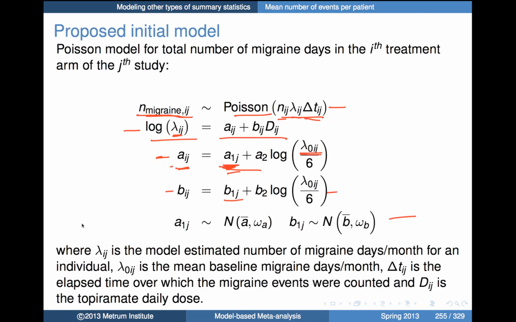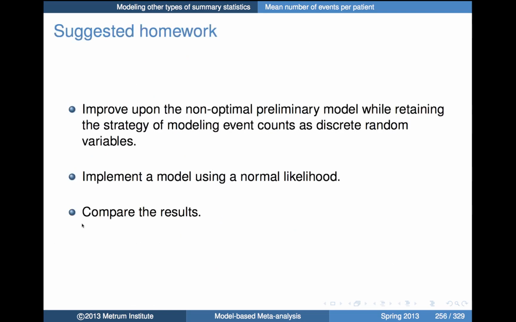Anyway, that's a direction I might entertain: to look at this using a normal distribution to describe something like migraine days per month. Since that has to always be non-negative, you could look at that directly, since it's a mean, and if you wanted to use the central limit theorem as the basis for the argument, you'd apply the normal directly to that, as opposed to some transformation on that. That would be worth a shot. You'd have to make some variations on the model structure. You wouldn't be able to use that